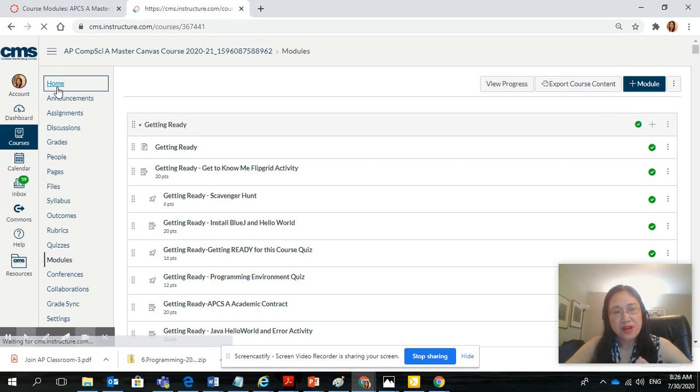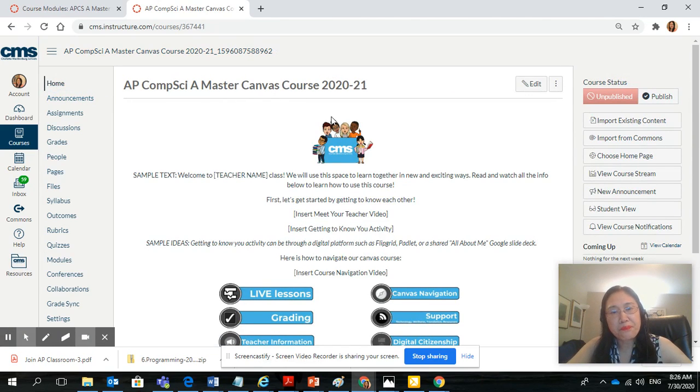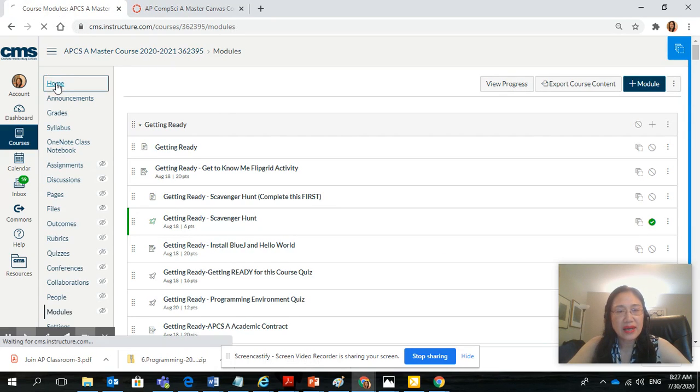And then the third thing you're going to do is personalize the home page. As you can see, the home page asks you to do a couple of things. First, you're going to introduce yourself to the students. You can have a video or Padlet activity, and then a design activity for your students to introduce them to their classmates and to you. And then you want to put your course navigation video here. So let me show you what I have done with my